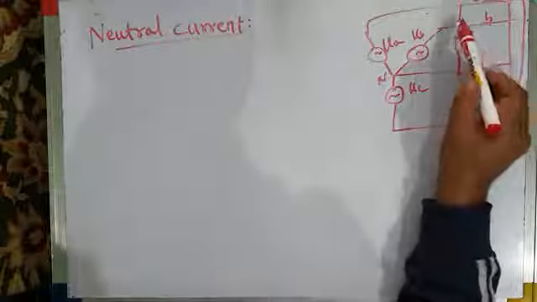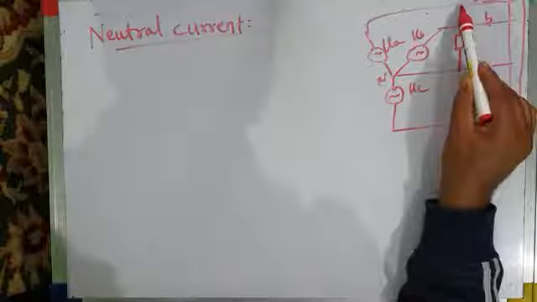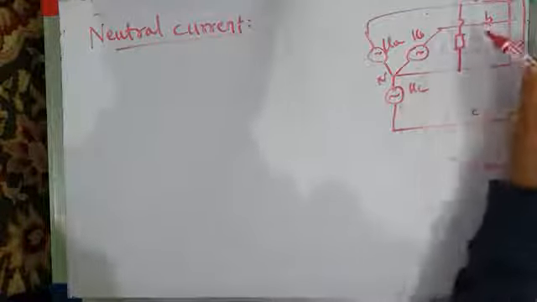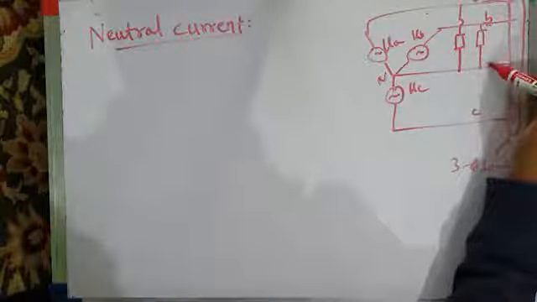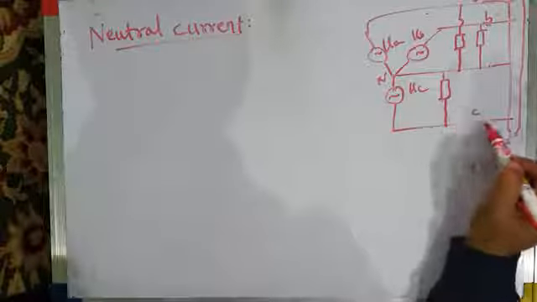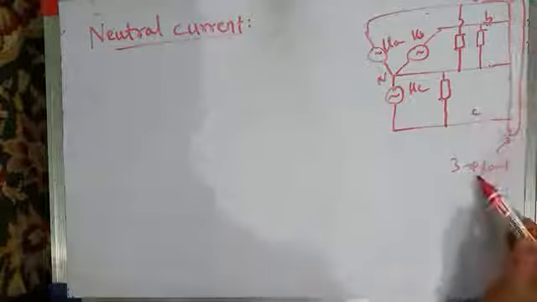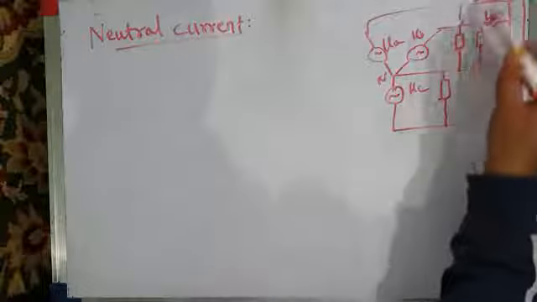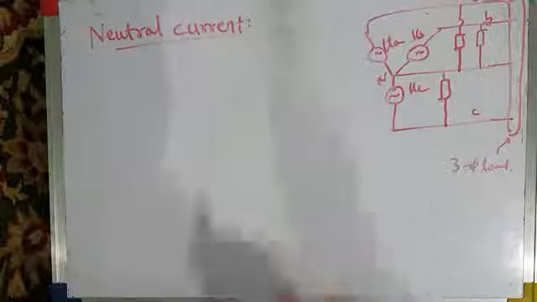So this is a single-phase load, which is, in fact, not a single load. It's a group of loads which is connected between phase A or line A and neutral. Similarly, you will have a group of single-phase loads connected between B and neutral, and a group of single-phase loads connected between phase C and neutral. So this system is feeding three-phase loads as well as a group of single-phase loads which are distributed on various phases like this. Because of this, there will be neutral current.